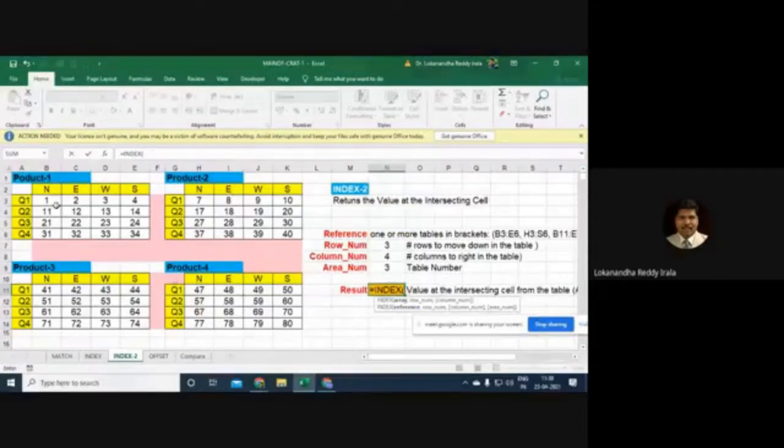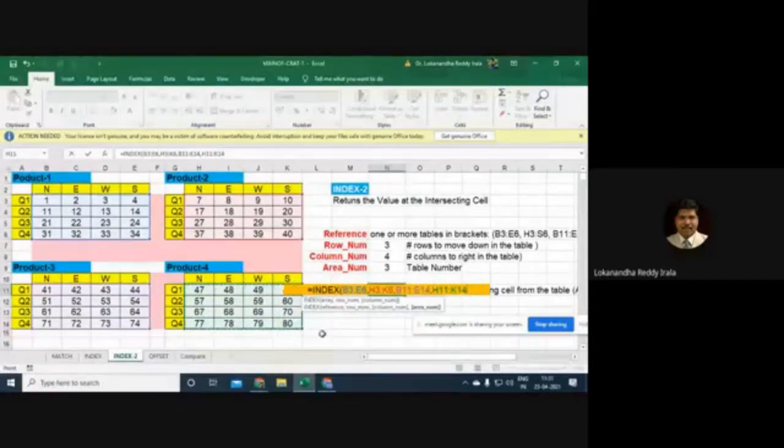So the references, I'll give these values: B3 to E6 is table 1. Then remember, this is table 2. One requirement is you have to give these tables in the same order, because Excel remembers this array as table 1, this area is table 2, and this area is table 3, and finally this area is table 4, all separated by commas.